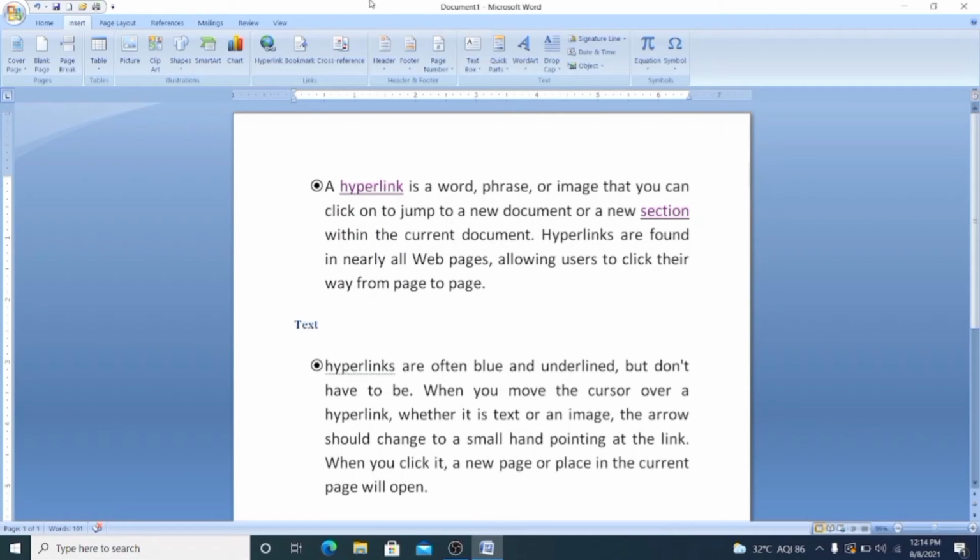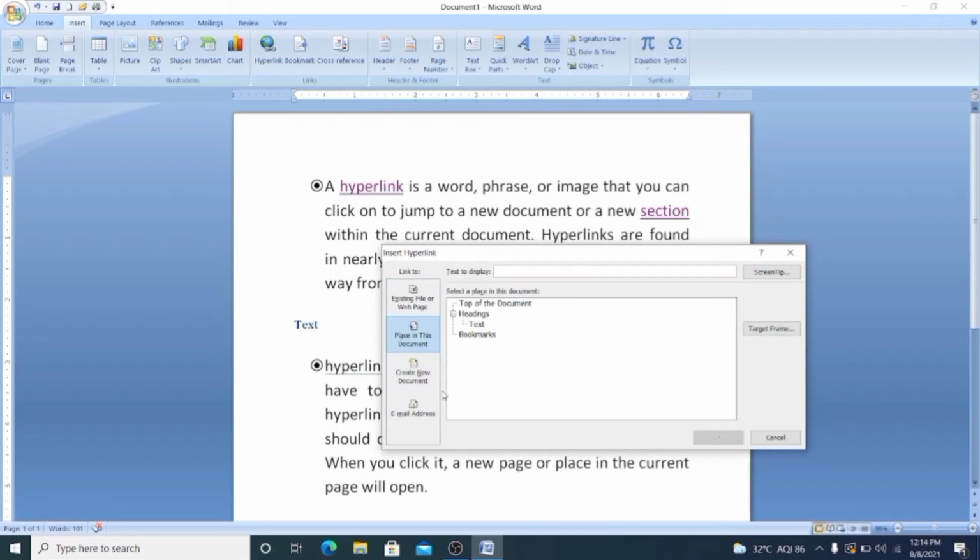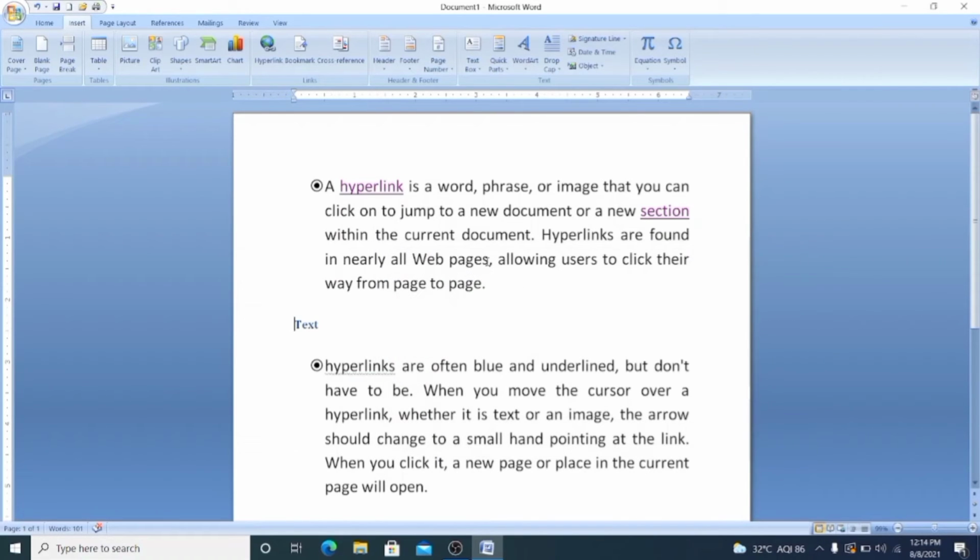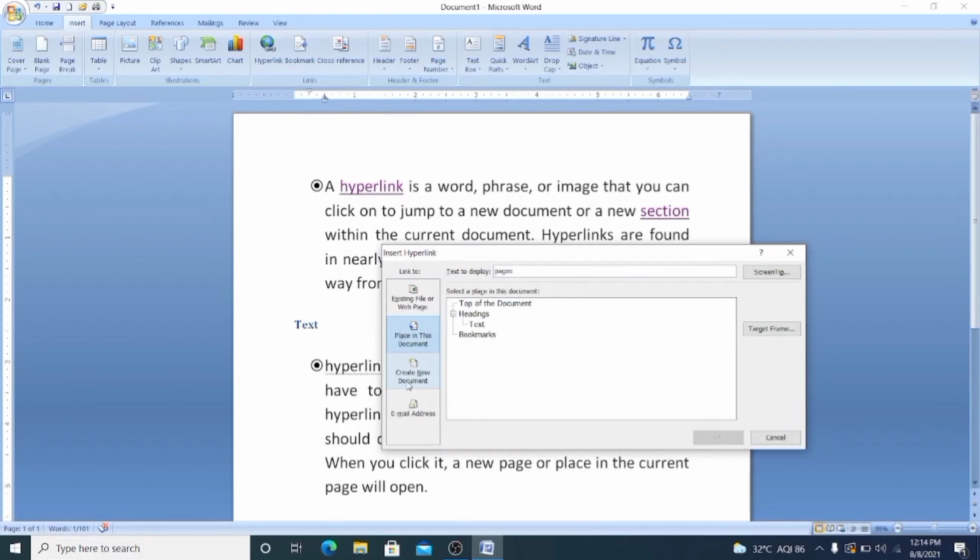Now I'll let you know about the third tool, that is Create New Document. For that, you just have to select another word. Suppose right now I'm selecting the word web pages. Then I have to select the third option, Create New Document. Here I have to type the name of the document that I want to create.